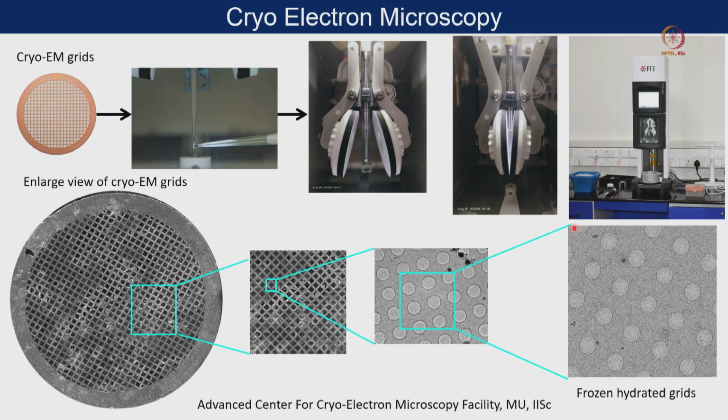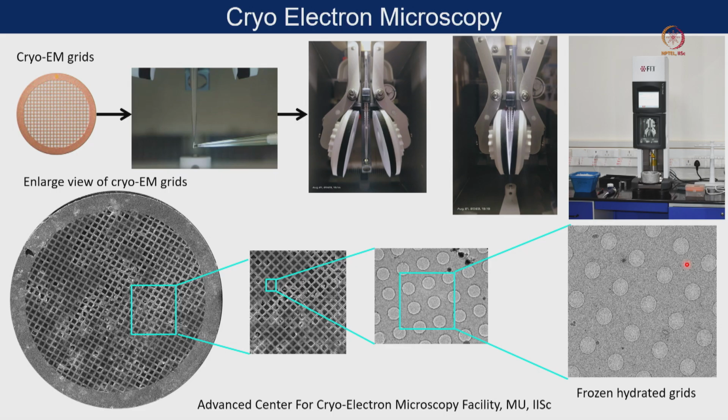So if you look at this same square after freezing, you can see the intensity has changed. In this particular hole, the intensity is much stronger because this is only a holey carbon grid and we didn't add any sample. When we added sample and froze it, you can see the overall intensity has changed, and within this hole it is not as white as this one. This one is a little bit gray in color. So here there is no ice formation and the overall intensity is very high. Here there is ice formation. So now we have to target this individual hole for imaging.